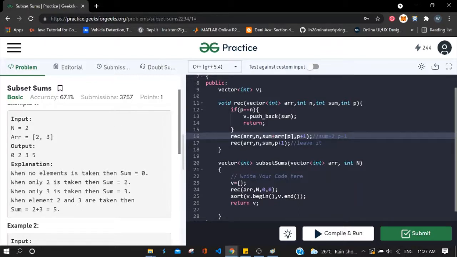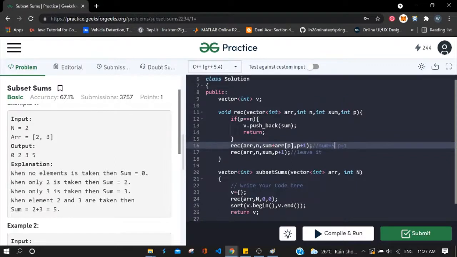Now it will take the second value, 3, and add it, so the sum will now be 5. In this other case the initial sum would be 3 only, and we are not adding anything, just incrementing the index to 2. Here also the value would be 2 only, and it will go into the recursion again. For this particular case the stopping criteria is met, because p equals 2 and the number of elements equals 2.